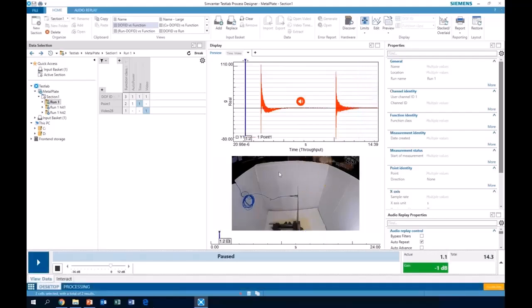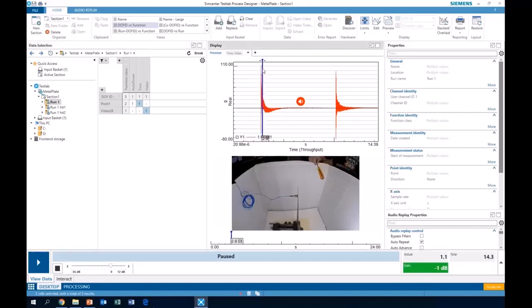If it played well over the web, you may have noticed a small problem. We see an impact here in the time history, but we don't actually see the thing get hit until right about there. So the video and the time history are not in sync. I took the video independently of the test. In Neo data acquisition, you can use video cameras with your SCADAS. We have a video camera card to record the video and the time data at the same time. Everything will be in sync.